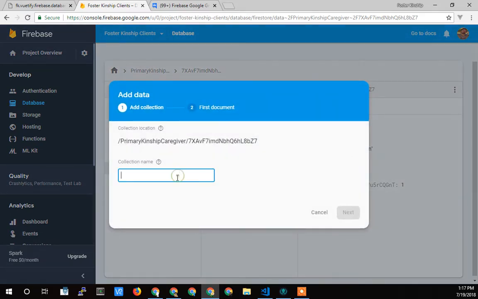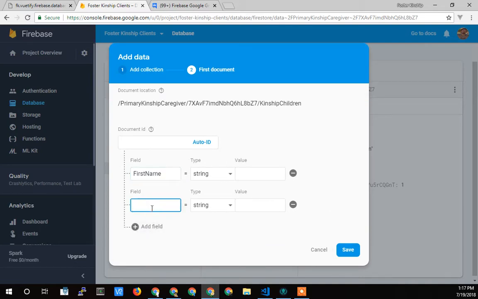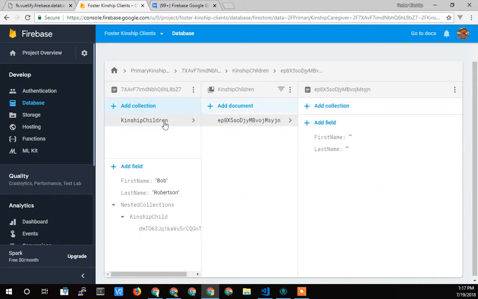So I could make a nested entity below that, and then this would be first name, add a field, last name. So if I save that, you can see it now cascades to the right,